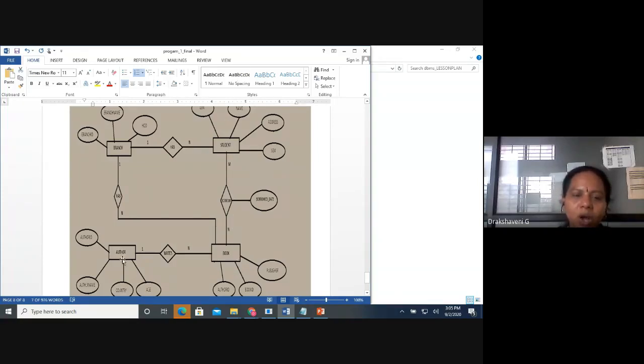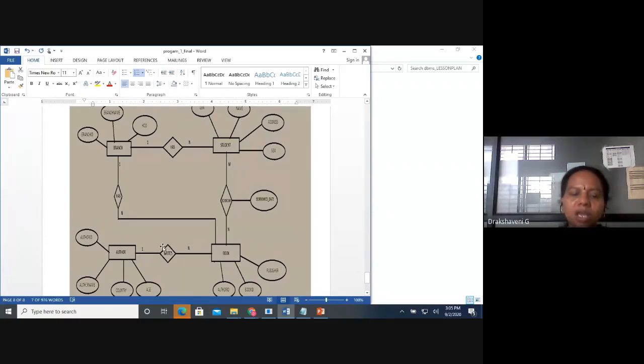Then author. Navathe is an author who has written a DBMS book. Chalote is one more author who has written software testing. Galvin is an author who has written operating system.